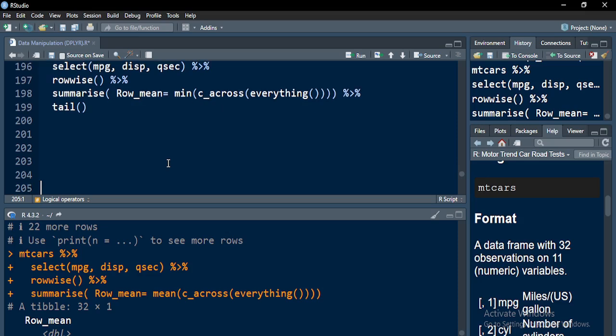So basically, those are some of the most widely used dplyr verbs. So I hope you've gotten something